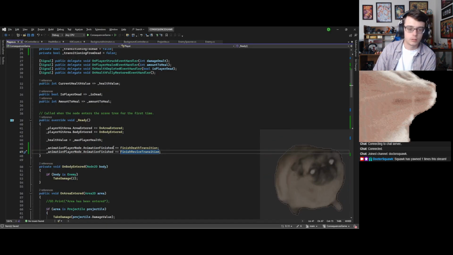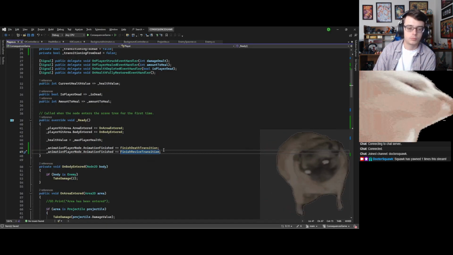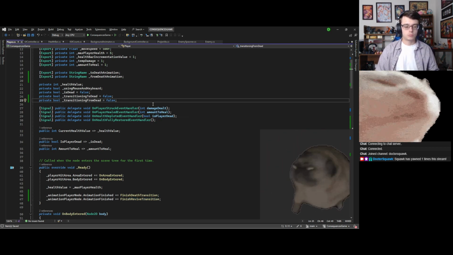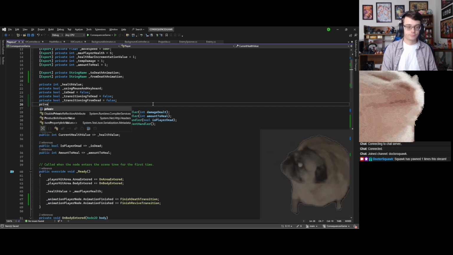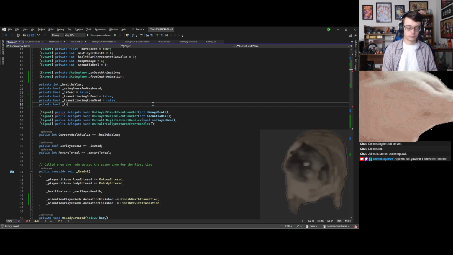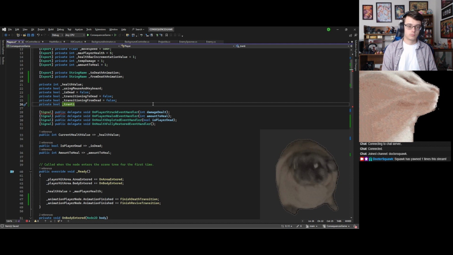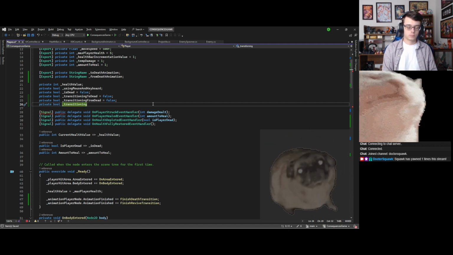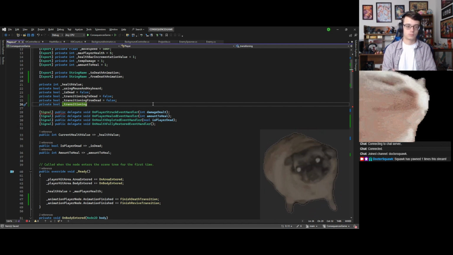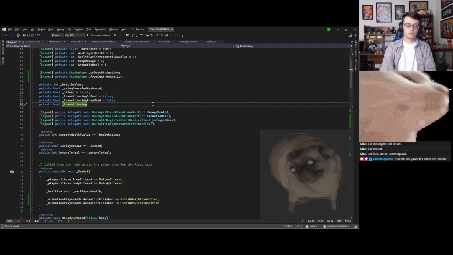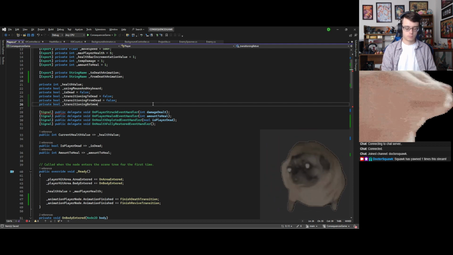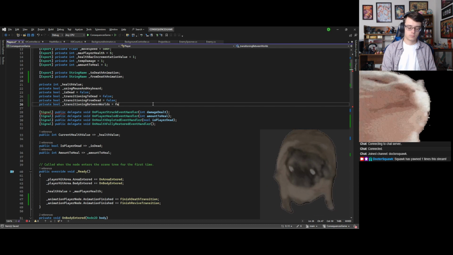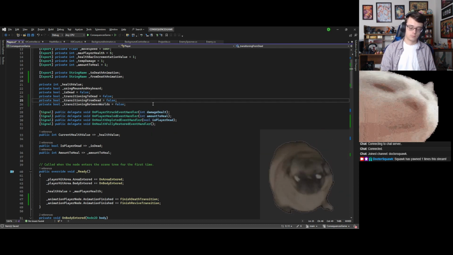I think I spoke too soon. Yeah, I spoke too soon. I suppose you just use the full rectangle and then just make the size small.